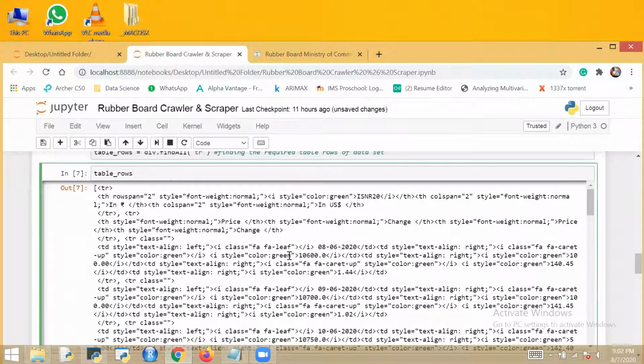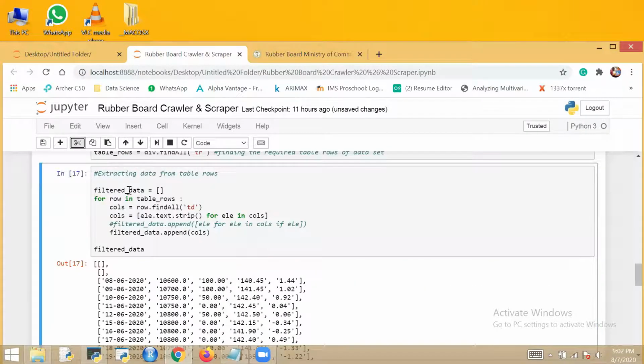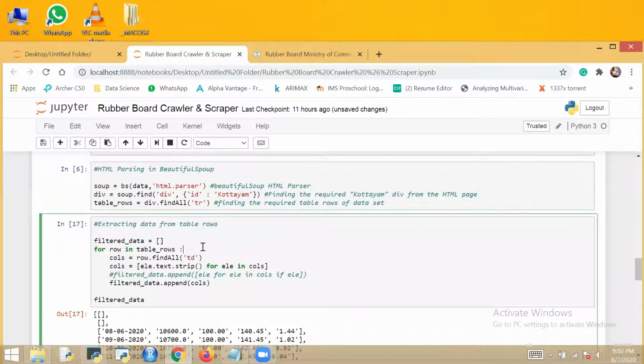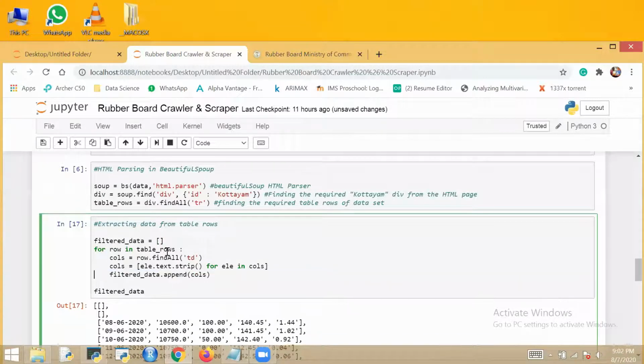This is my table rows, the data which I got. Now what I will do, I will make an empty list which I will be appending to in a loop.